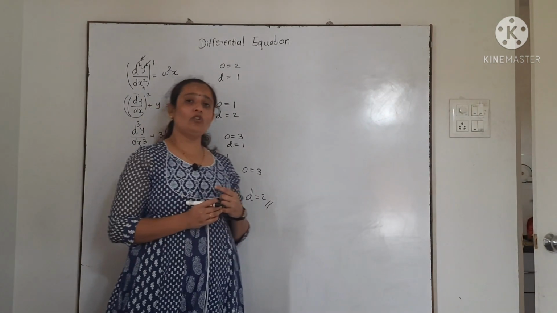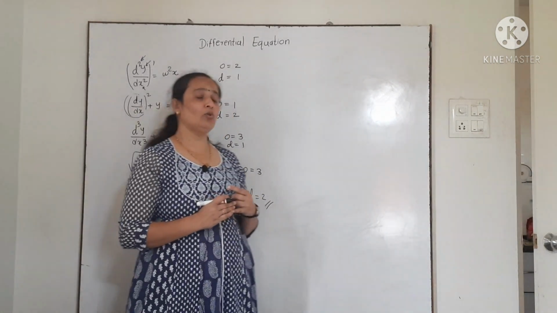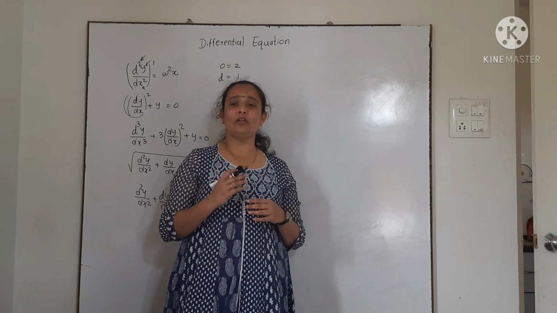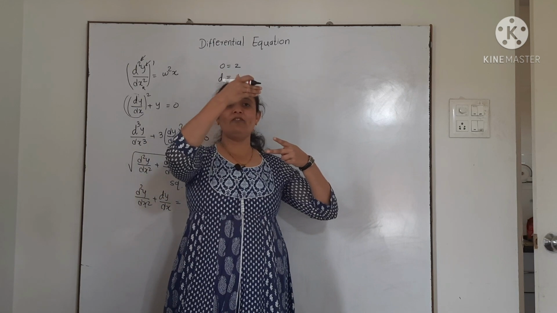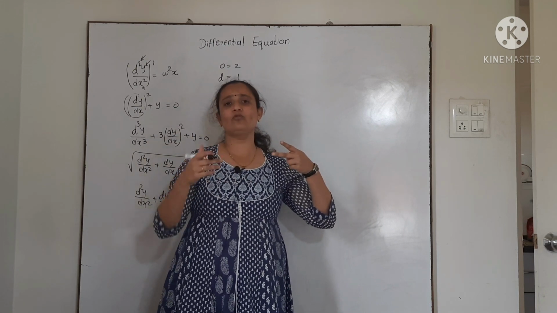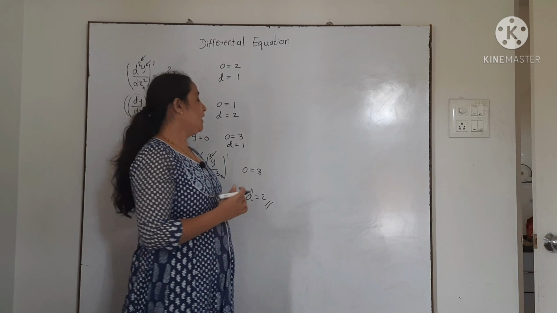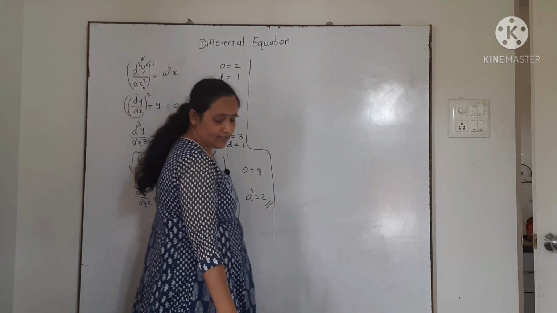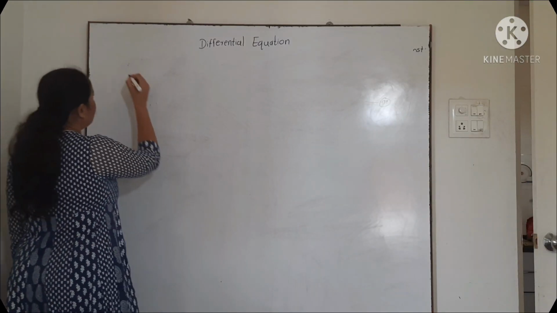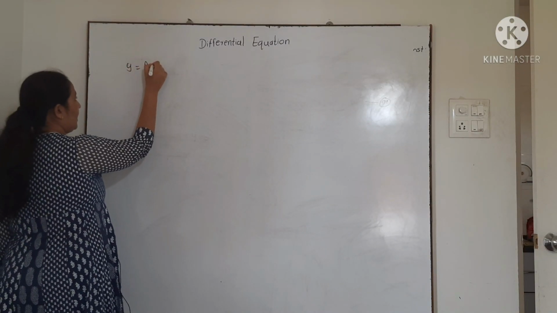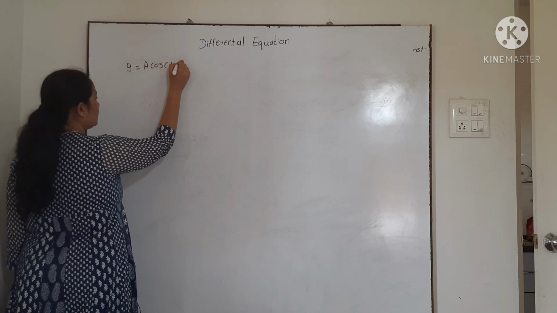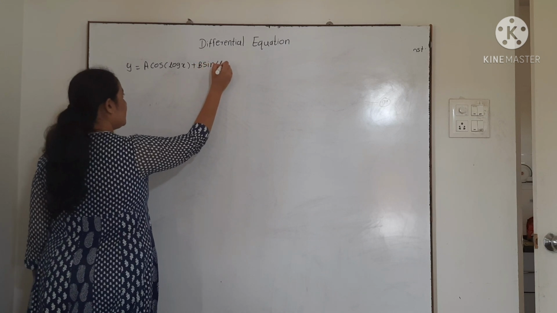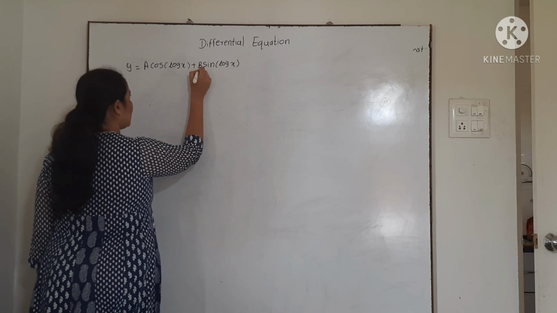Then comes the formation of differential equation. See, in the solution, if you have two arbitrary constants, you have to differentiate that equation 2 times. That gives 2 differential equations and 1 given equation. These 3 equations you have to solve simultaneously to form a differential equation. I will take one example and with the help of the example, we will try to elaborate this. Say y equal to a cos of log x plus b sin of log x. Once you see this, you can guess the order of this differential equation.